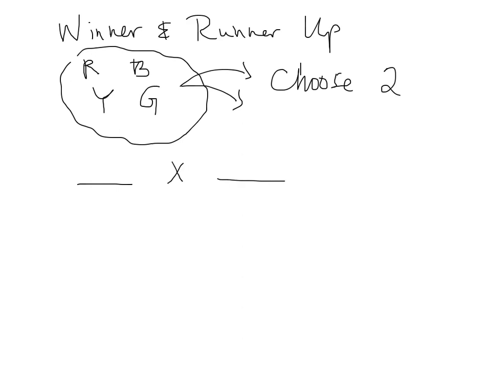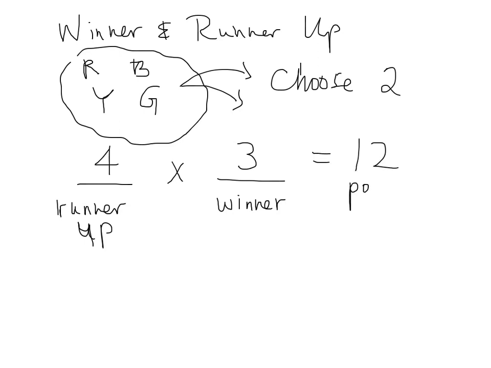So, let's say the runner-up gets chosen first, randomly. How many possible names are there? There are 4. And then the winner gets chosen second. How many are possible? There are 3. So we know there are 12 possible combinations of winner and runner-up, or possible